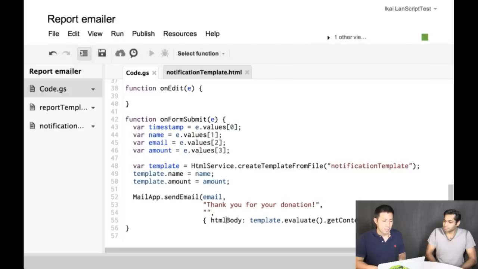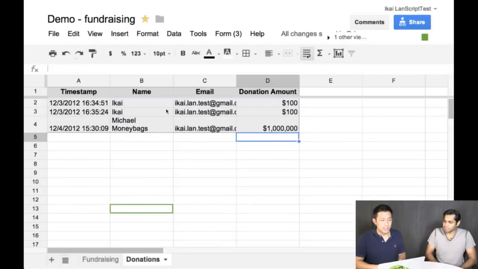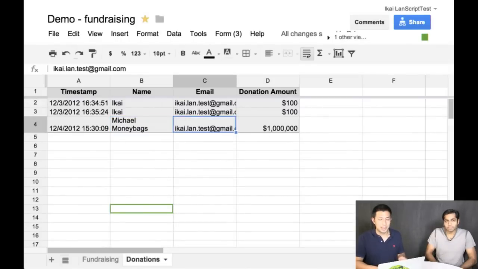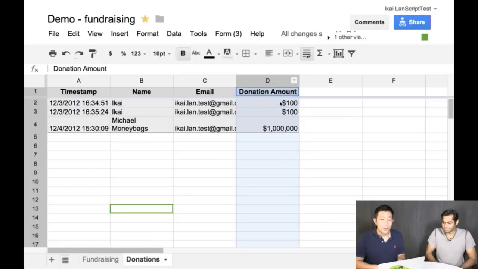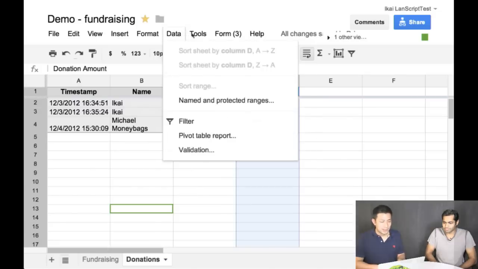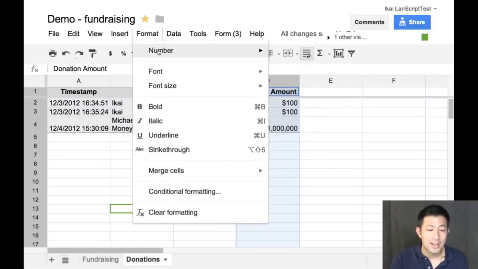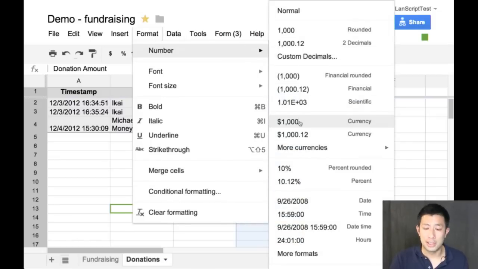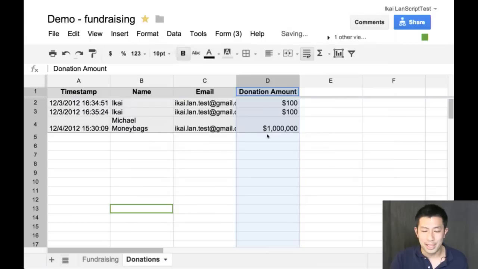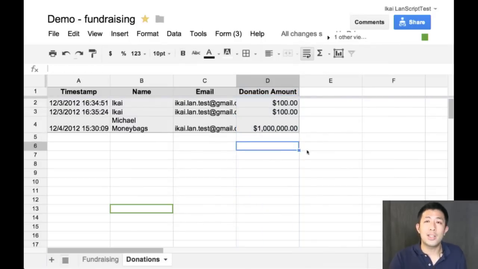has been recorded. So when we go back to the spreadsheet, we see that Michael Moneybags has committed to donating $1 million to our cause. And you notice that the commas went in. This is a nice little spreadsheet feature. You can format a row. So I've selected this row, and I've gone to format, number, and just selected currency. So if I select currency with cents, any new thing that comes in will be formatted with currency with commas,